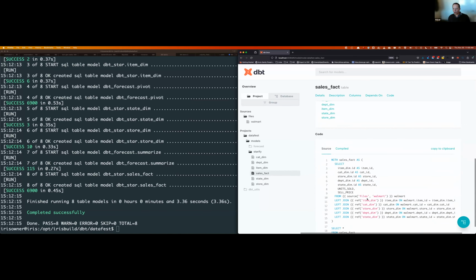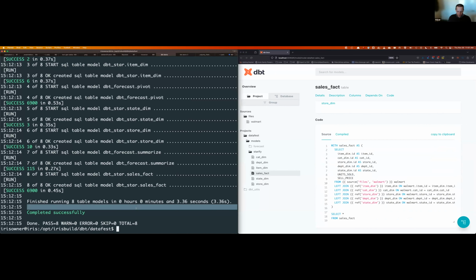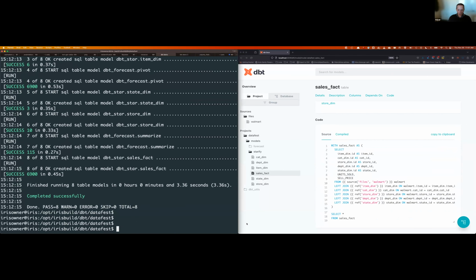This one might be a little more interesting. Here you can see a select where you're going over that table and joining up all of those dimensions that we extracted and making one kind of consolidated fact table as the middle of the star schema. So when you're actually running this, when you look in the command line,